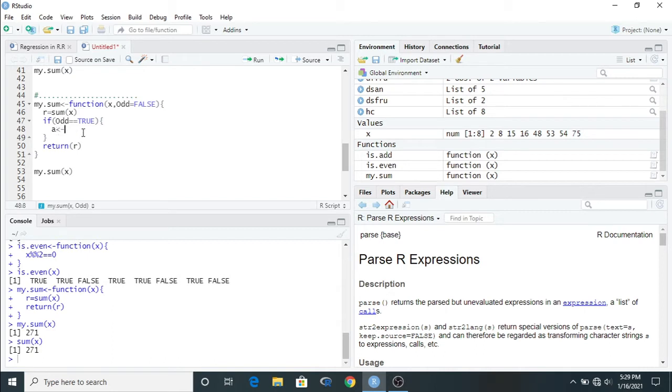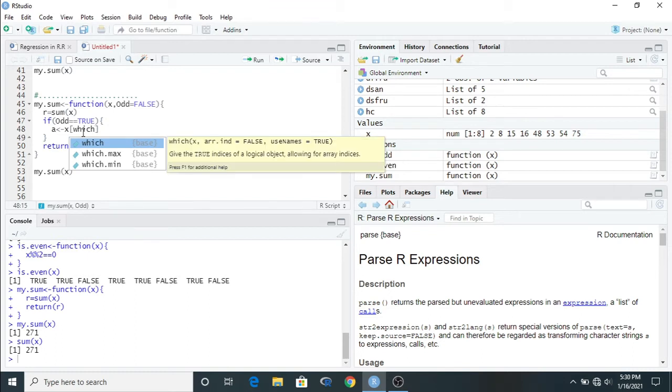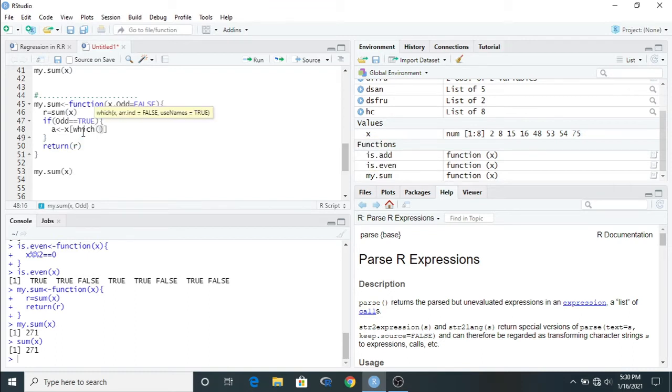So how can I identify? x, then a bracket will start, then which, then again a bracket will start, and x double percentage 2 is equal to 1. I have already used this syntax. Sorry, I have to put this bracket here.